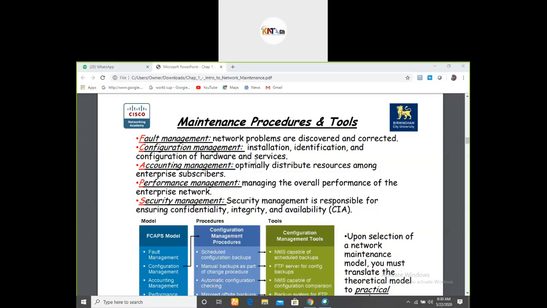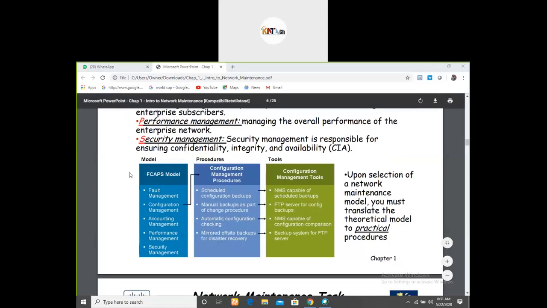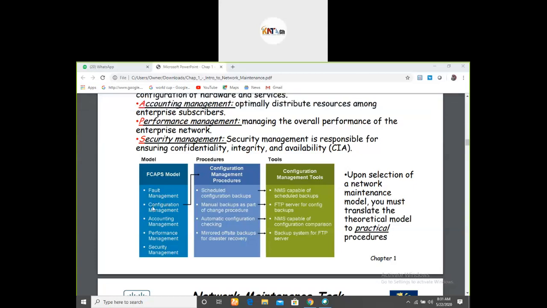Accounting management is to be able to distribute resources among enterprise subscribers. Performance management is managing the overall performance of the enterprise network. Security management is the responsibility for ensuring confidentiality, integrity, and availability, and we call that CIA. So the FCAPS model contains fault management, configuration management, accounting management, performance management, and